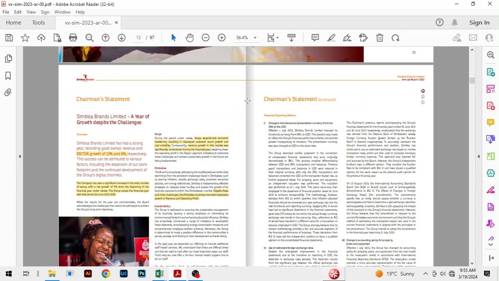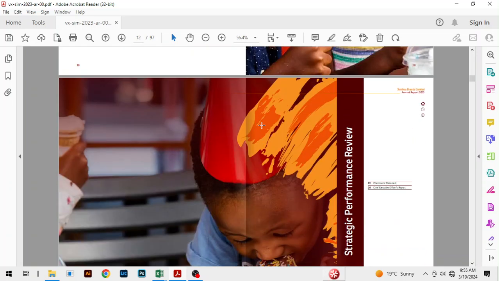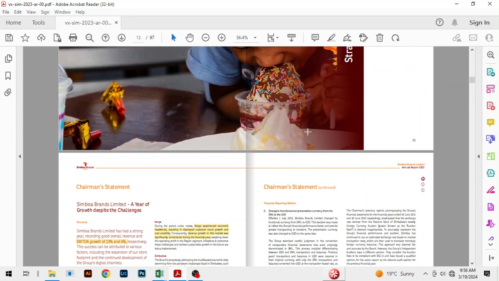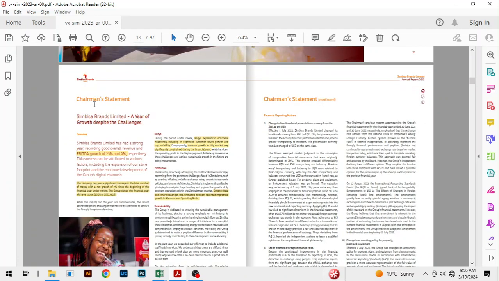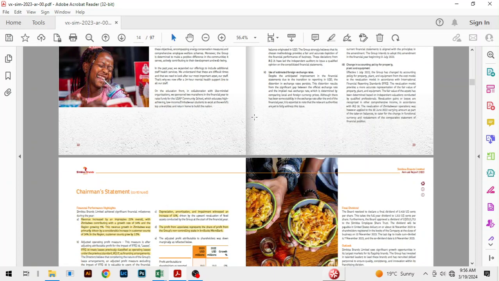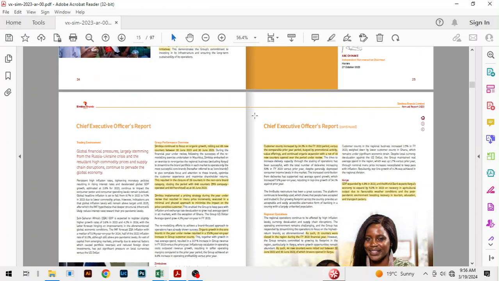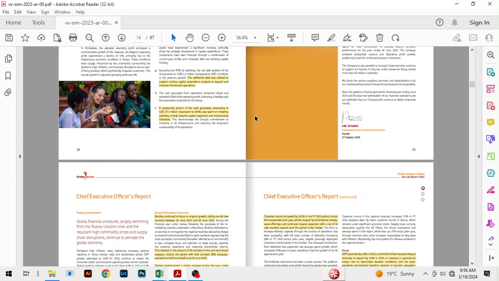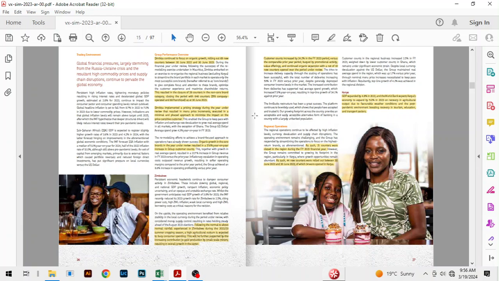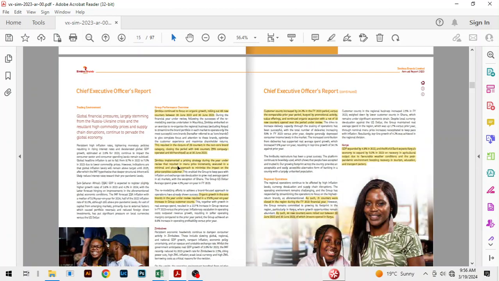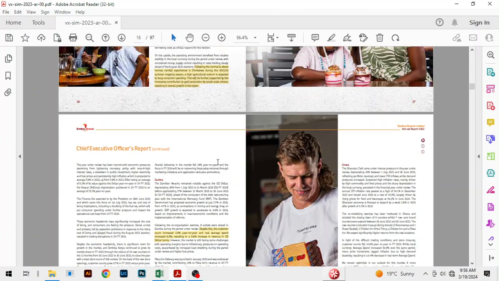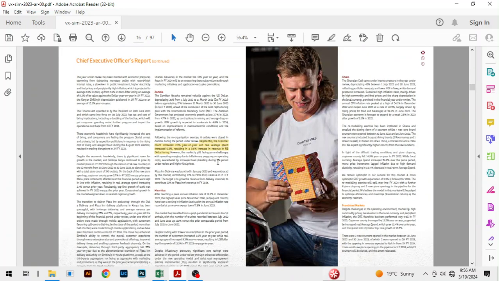And I also want to, right, so now we are at the strategic performance review. So here, this is the chairman's statement. So here you get to read and hear what they are saying about their company. And you can also proceed to the chief executive officer's report. It will tell you about their future plans, how much they plan to spend in terms of capex,